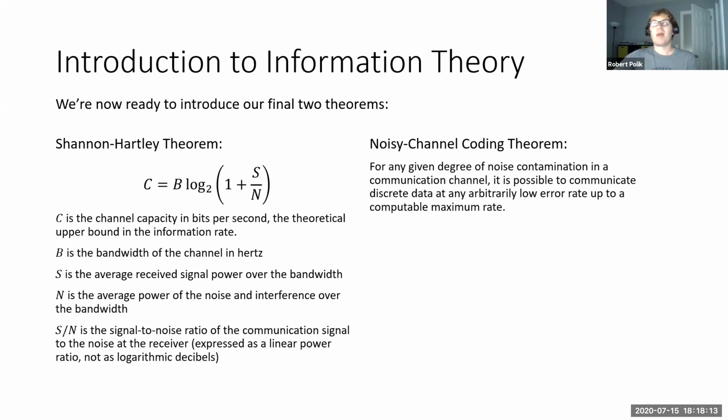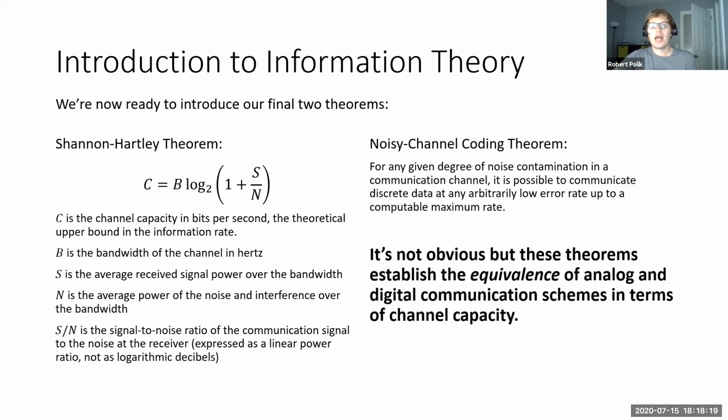So it might not be obvious, maybe it is, hopefully it is, but what follows from these two theorems is that there really is an equivalence in analog and digital communication schemes in terms of channel capacity. So if you have a given channel, the amount of information it's conveying doesn't really have anything to do with whether it's digital or analog. In fact, mathematically, they can be proven to be equivalent. What matters is the signal-to-noise ratio of your communication channel. So we're going to answer the question of, is analog better than digital, on the next slide.